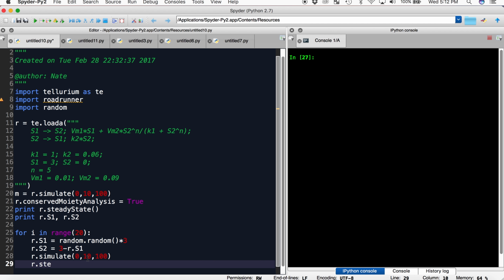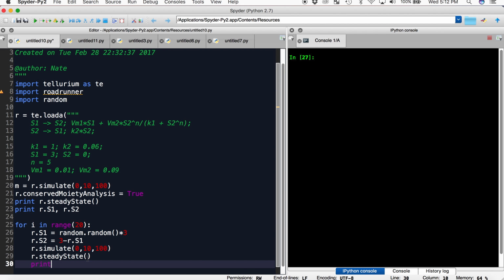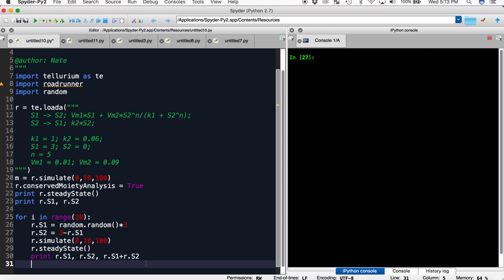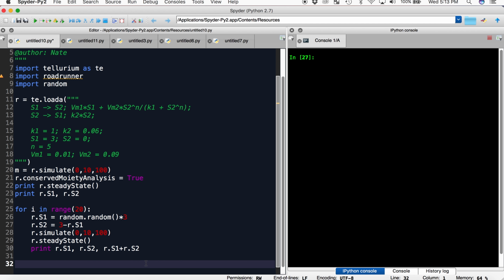Then we print. Okay, so we're printing each of the two species concentrations and then the sum of them just to make sure it stays at 3 the entire time. Okay, now when we run this,